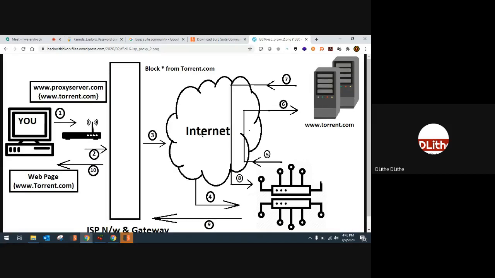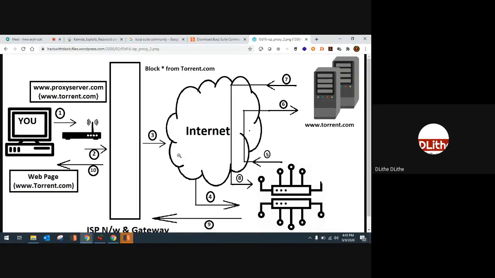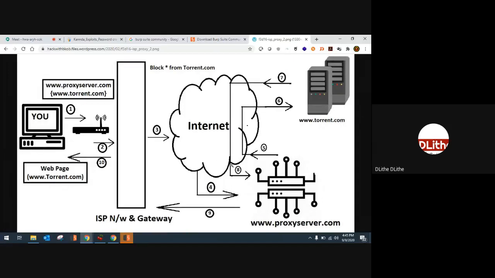So what people typically do is access a proxy server, and it will portray as if the packet came from the proxy server. The packet goes from the proxy server to the torrent site, hence that will be allowed. So proxies are used to hide identity or to allow access to inaccessible data or blocked websites.